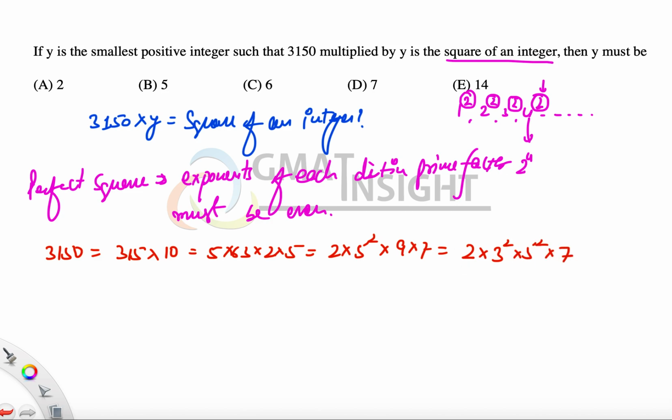Now, in order to make it a perfect square, what are we short of? We can see that in the exponents of these prime factors. Here 3 and 5 are good to go in order to make the number a perfect square, but we are short of one exponent of 2 and one exponent of 7. And this requirement has to be furnished by y. That means y must have at least one exponent of 2 and at least one exponent of 7, so that 3150 times y has all even exponents of all its distinct prime factors. So the minimum value of y must be 2 multiplied by 7, that is 14, which is option E,